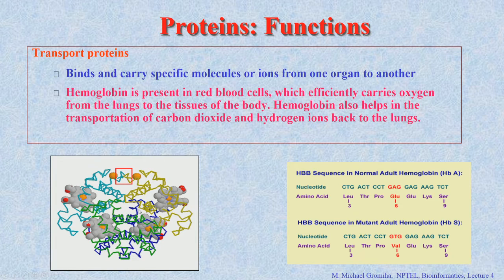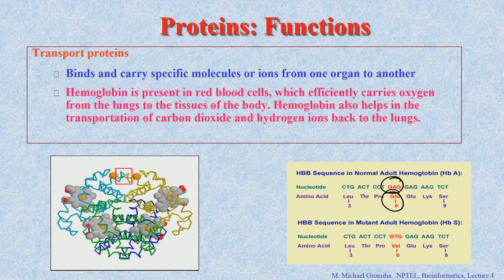Hemoglobin has how many subunits? 4 subunits, 2 alpha subunits and 2 beta subunits, and the beta subunits contain a specific residue called glutamic acid. So, this is the structure of the hemoglobin beta chain, it looks like this. If there is a change in the nucleotide or the amino acid, this will affect the transport. For example, here if you see this